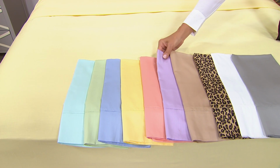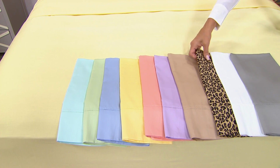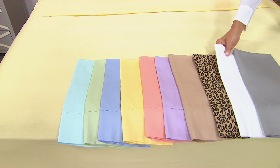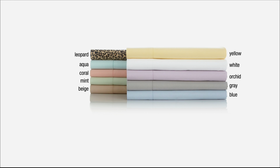This is your lovely orchid. Here's your taupe or your beige. That one's another limited choice. I think you're gonna really love this leopard. And then we've got the bright white or the beautiful gray. Now keep in mind, twin, full, queen, king, or California king,